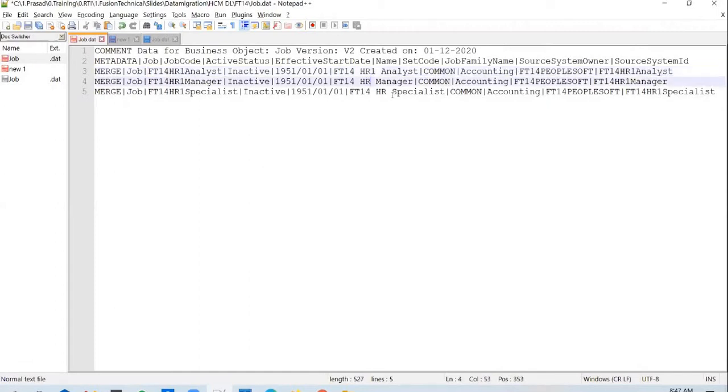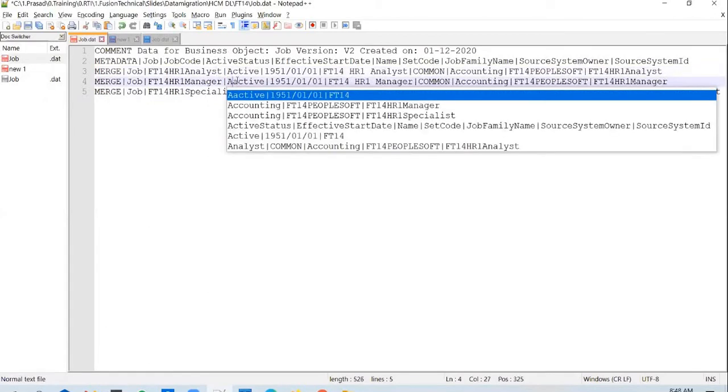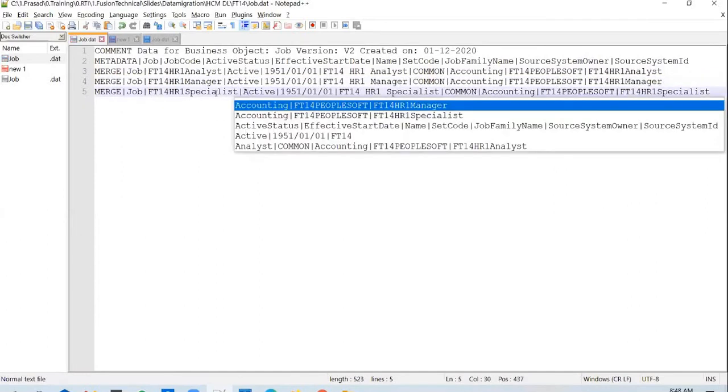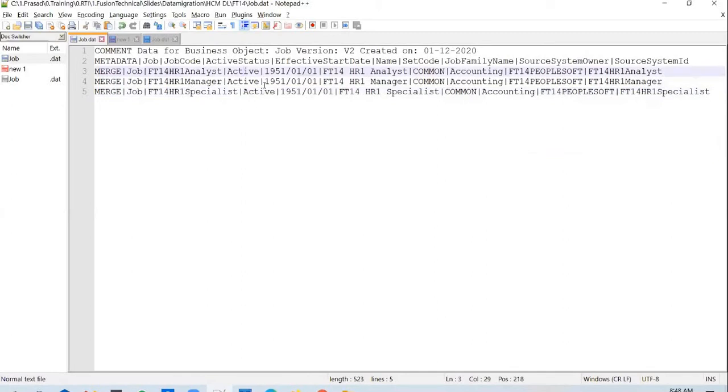And we'll also change the job name as well. And I'll change this to active. Okay. Let's try to load in this file now.